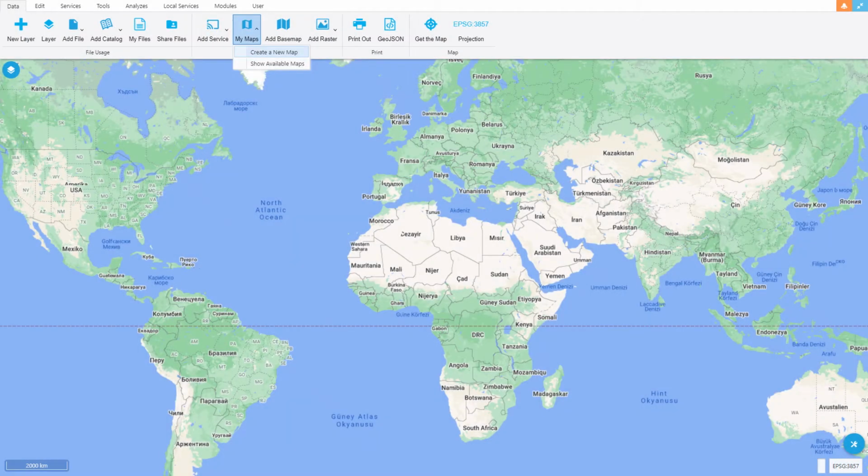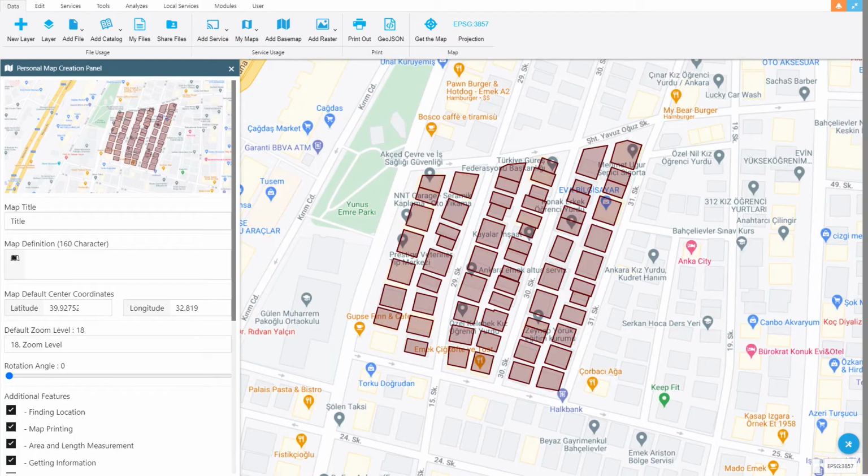In this tutorial video, you will learn how to create a user map. Click on the Create a New Map option on the My Maps button in the Data menu. Please note that in order to open the panel, there must be at least one file saved in the system